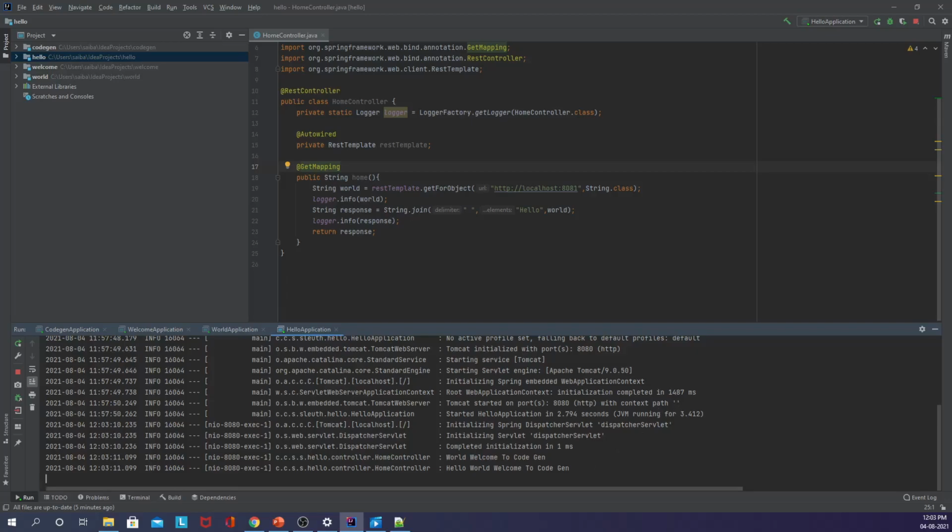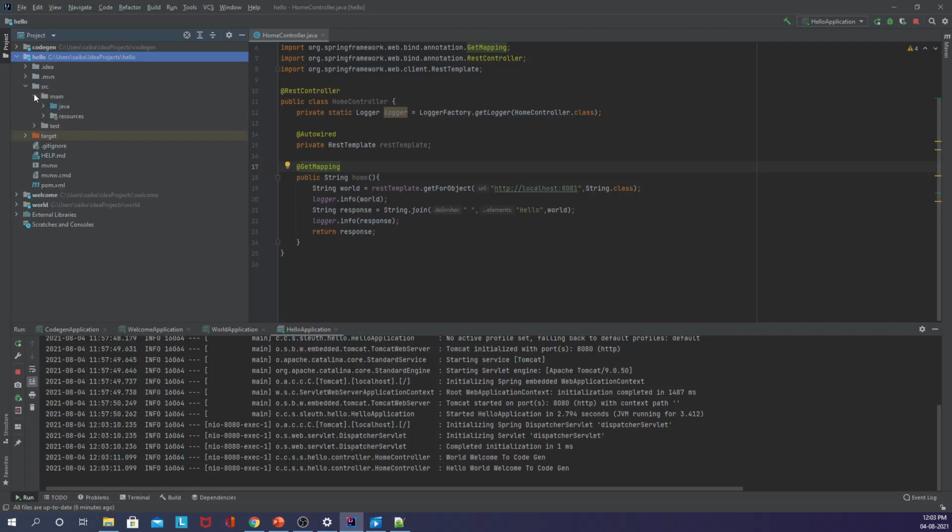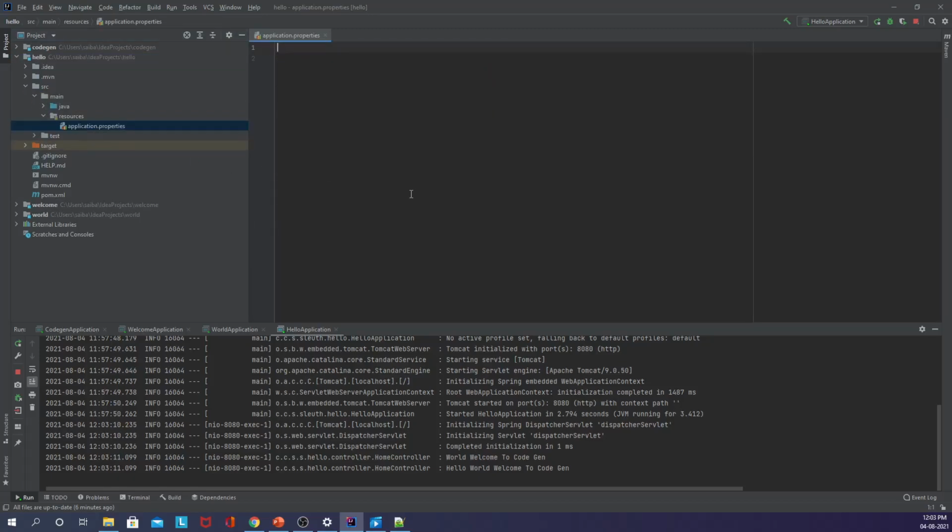So to add Spring Cloud Sleuth to the microservice app, we need to do a few steps actually. The first thing to do is give a name to these microservices in the application.properties. For that, I have to add a property like spring.application.name. I will give hello to this microservice, which is the hello microservice.